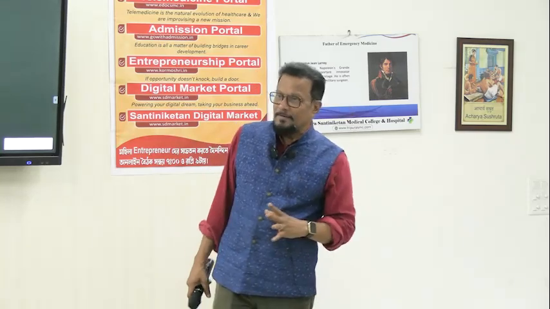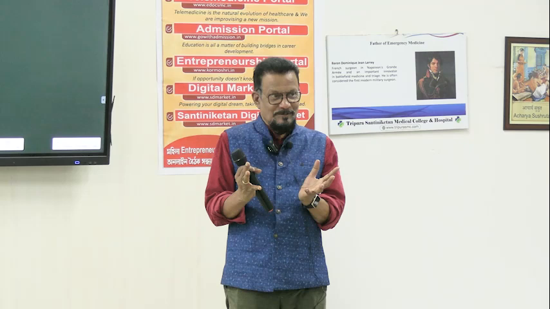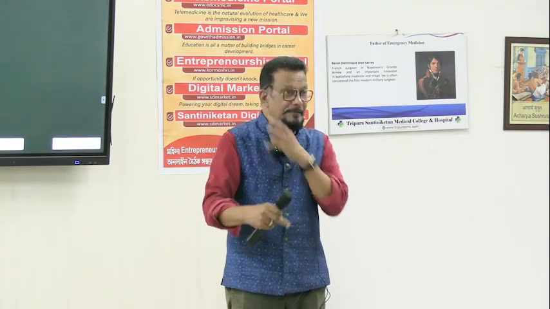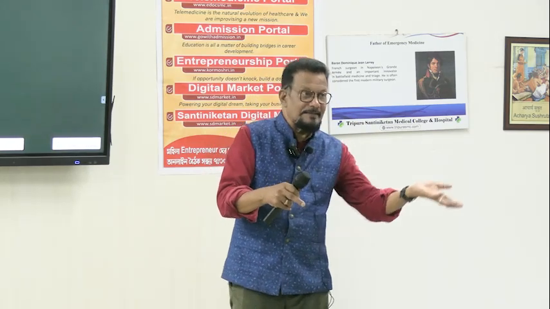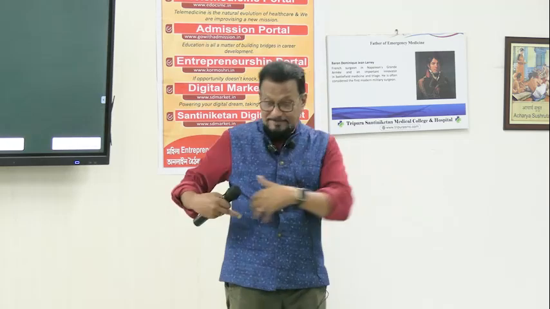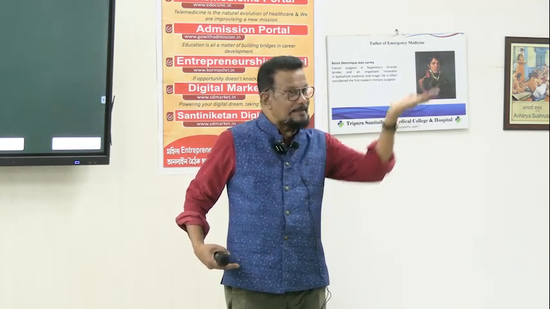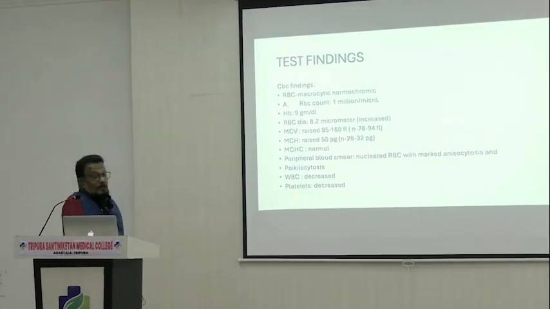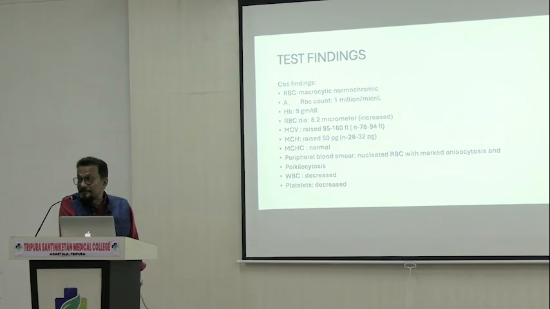Normally the spleen always stores some platelets. When there is an emergency, for example bleeding or hemorrhage, the spleen immediately undergoes contraction and these platelets are released into circulation. Here, since the spleen size is increased, it will be trapping more platelets. As a result, the count of platelets will be less. She will explain the cause of reduction of platelets. What are the causes in this condition?